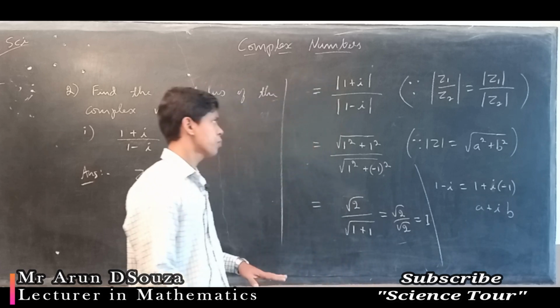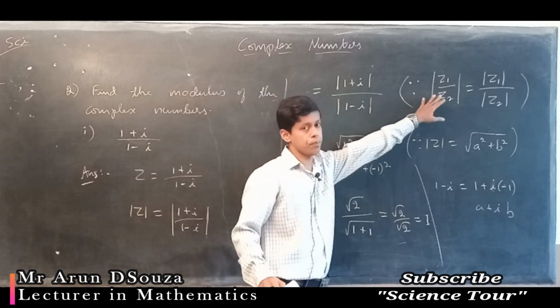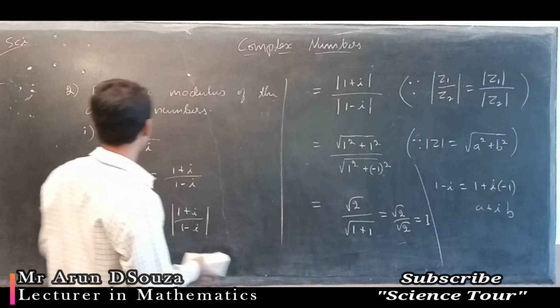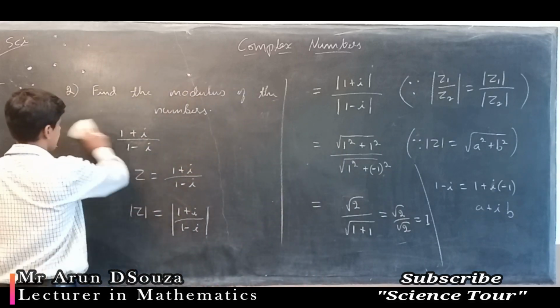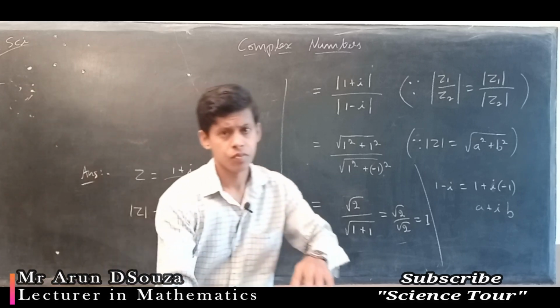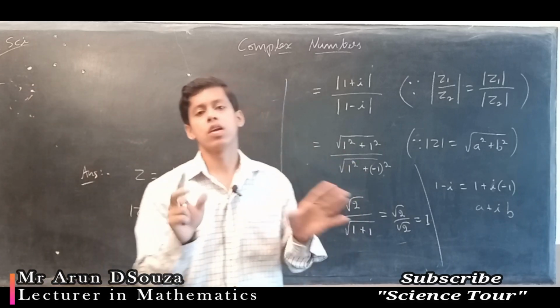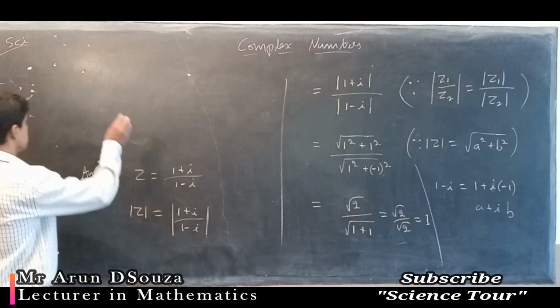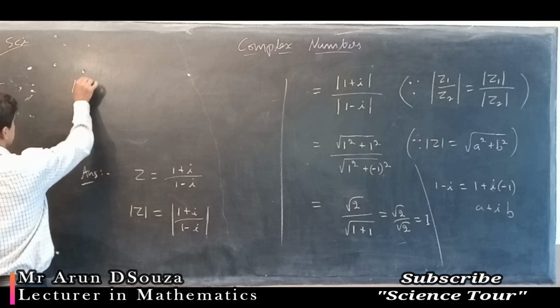Okay, now suppose you don't remember this formula, then how to do? There is an alternative method. So what is that alternative method? We will understand now. You can solve using any one of the methods, that's up to you. Completely your choice, there is no problem at all. So alternatively,